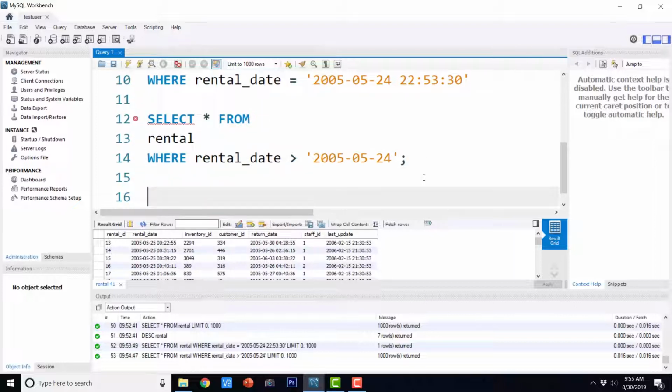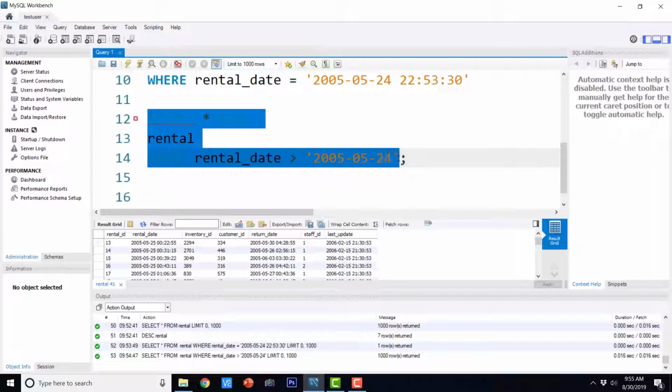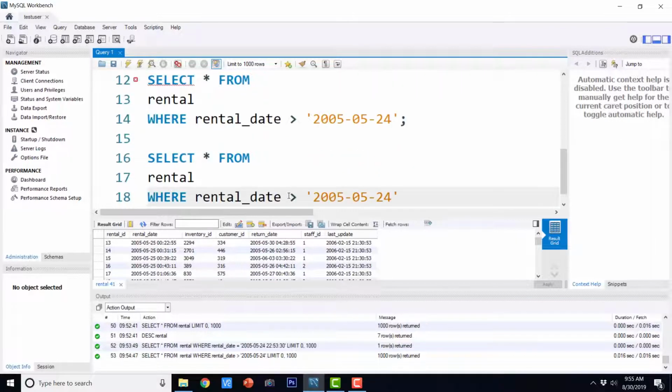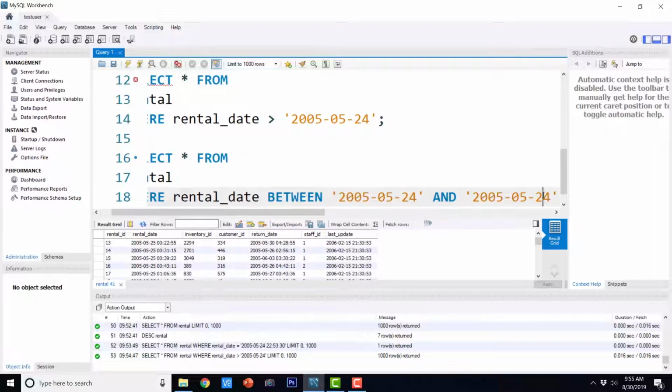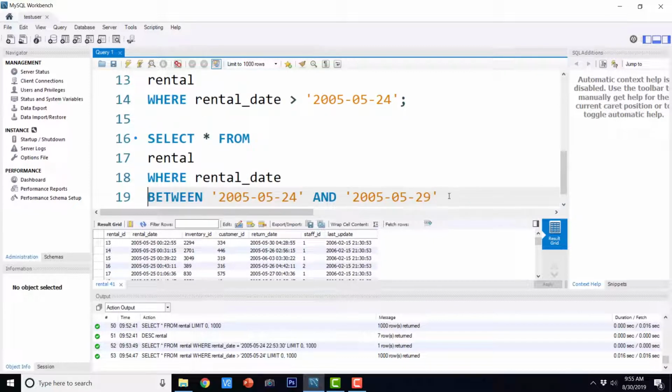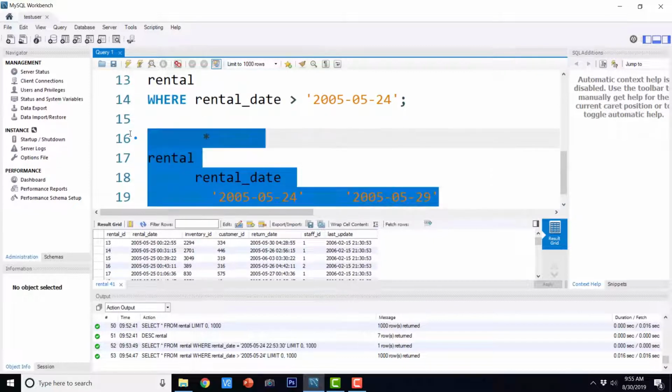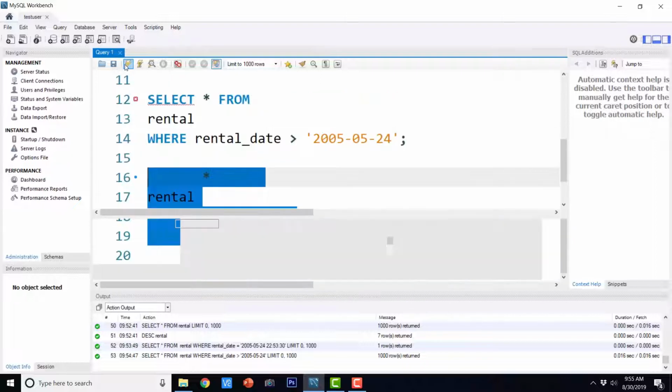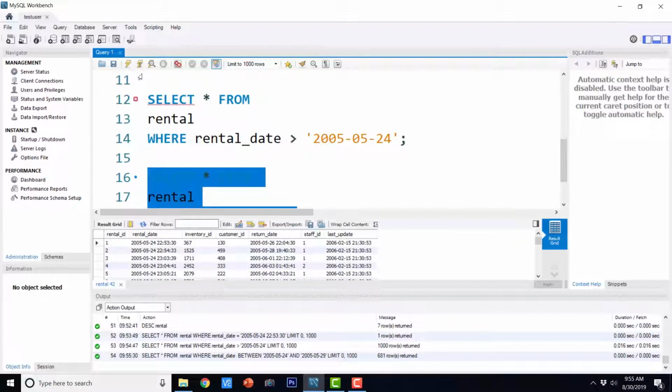Now we can also use between and that is very easy. So if I execute this, this is the output.